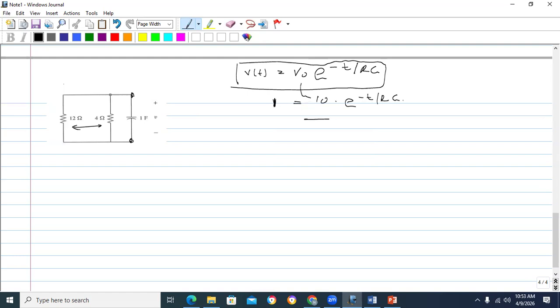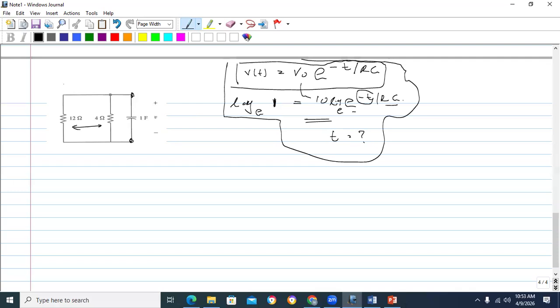Then you have to solve this equation and find the T. These are known. Okay, so you can put log e, and here also you can use log e. Okay, then you can find this T. So in this way you can find the time. You can use this equation if you know this. But if you don't, actually I'm not expecting this answer. I am expecting the